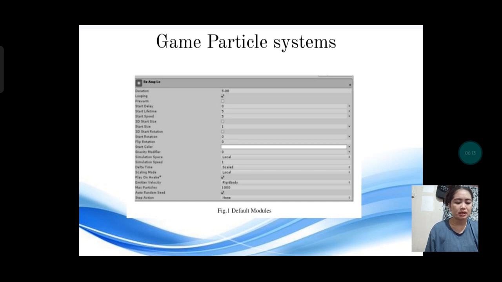The particle effects settings are: looping, start delay, start lifetime, start size, start rotation, and start color.